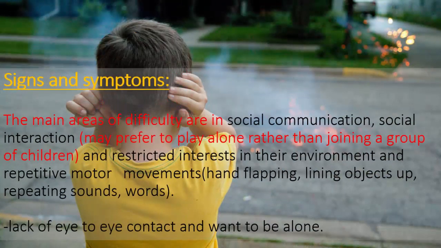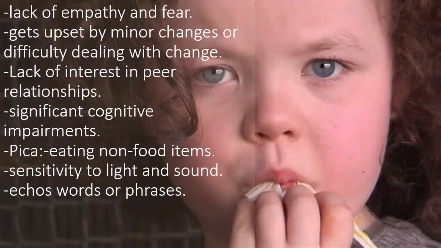The main areas of difficulty are in social communication, social interaction, and restricted interest in their environment and repetitive motor movements, lack of eye-to-eye contact and want to be alone, lack of empathy and fear, gets upset by minor changes or difficulty dealing with change, lack of interest in peer relationships, significant cognitive impairments, pica, that is eating non-food items,